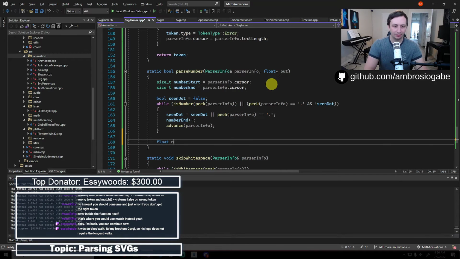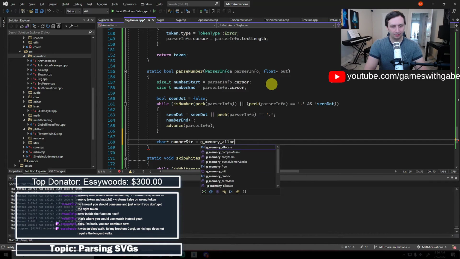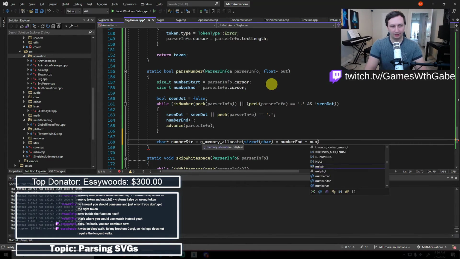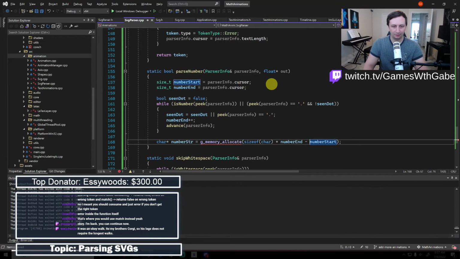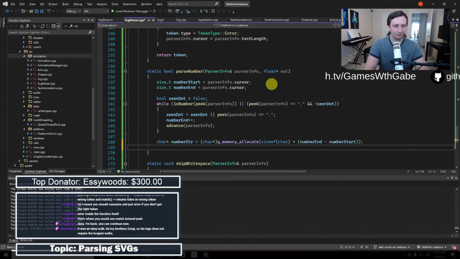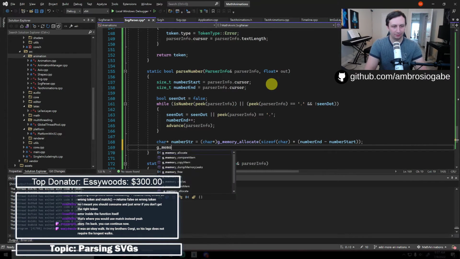And then we can say float number equals A to F string. Okay, so this is where it's kind of gross. We'll say char star number string equals that, parenthesized, char star, and then we can just say g memory copy.